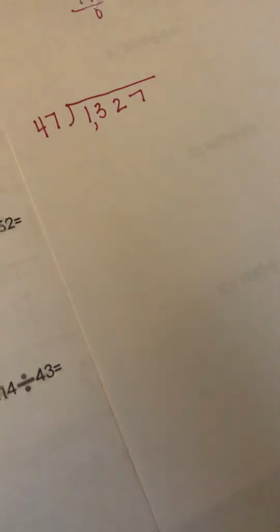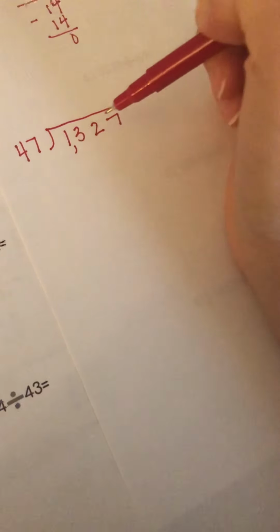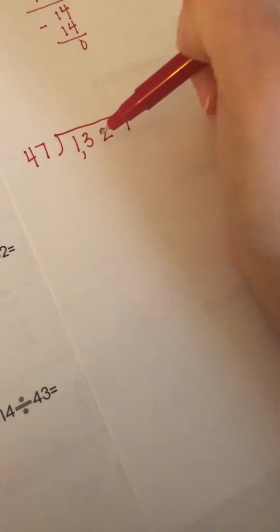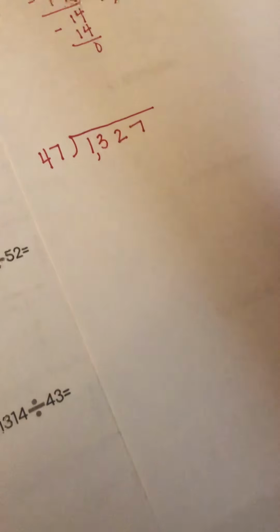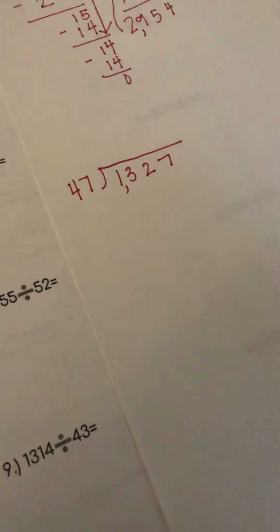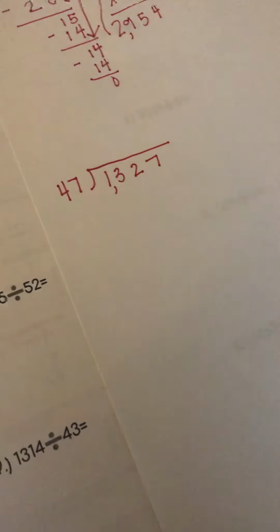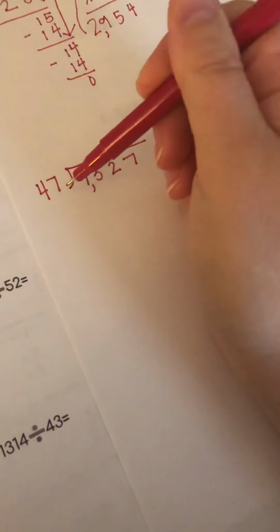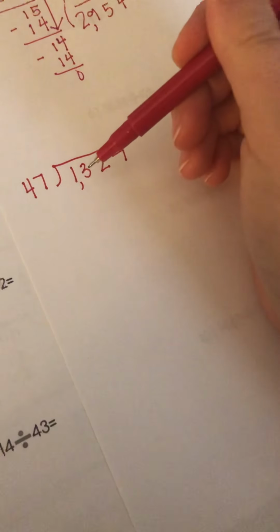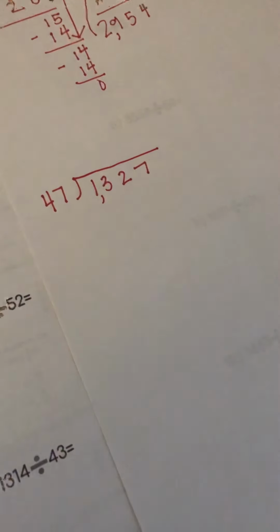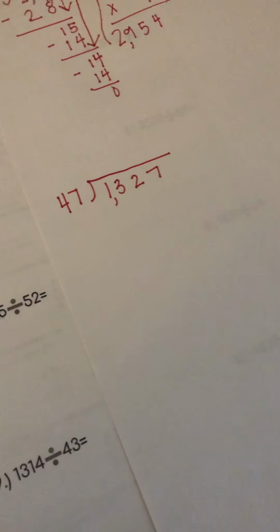All right, and for our next one, we have a double-digit divisor. So 47 will not go into 13, but it will go into 132. And we can kind of use rounding to help us figure that out. So 47 rounds to about 50, and 132, we could round it to 130,